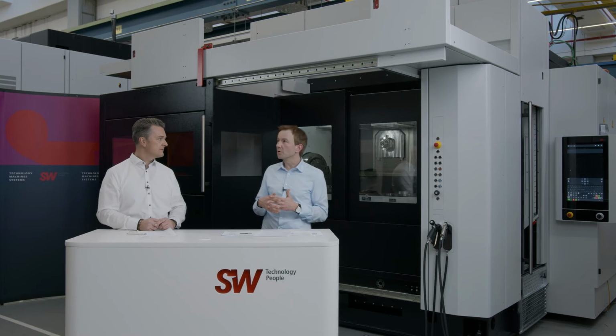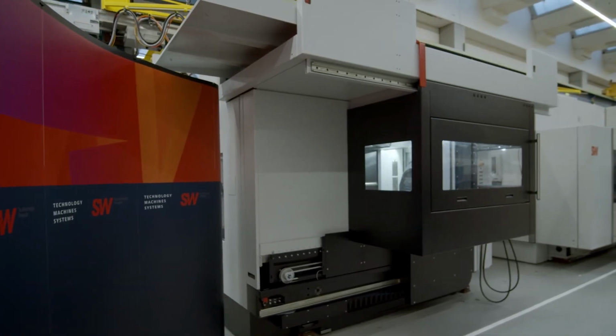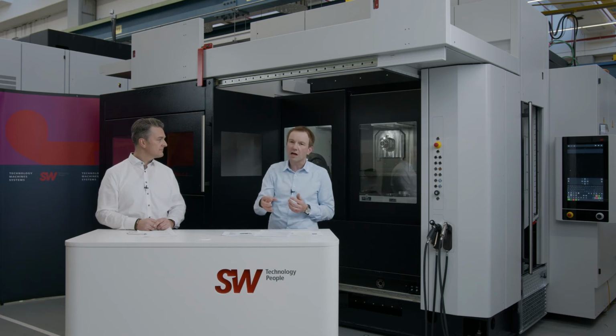Of course. What's the most significant here is this new automation door, as we call it. This is a special design of the loading door for being able to automatically load 2 workpieces, for example of a big gearbox housing, in one step simultaneously. It means we take out 2 finished machined parts with one robot movement, rotate the gripper and bring in 2 new parts without the robot having to leave the machining area, re-grip, change the gripper and so on. So this decreases the load-unload time significantly, meaning the time where a single table